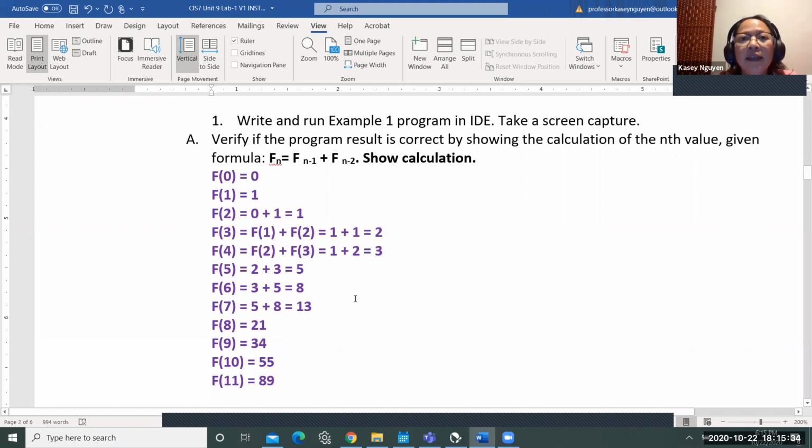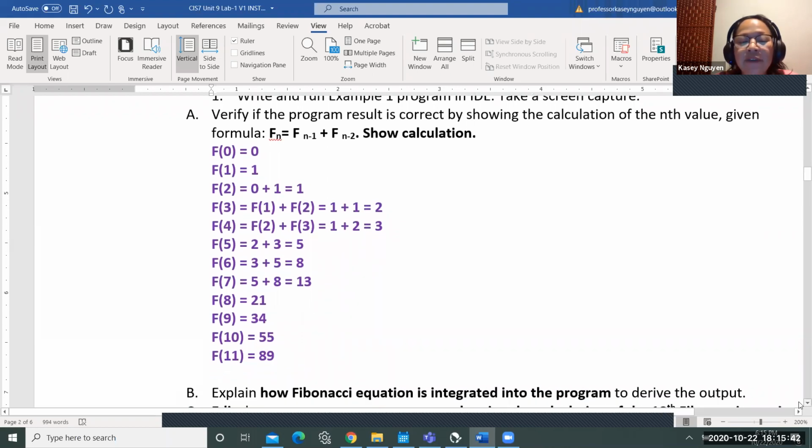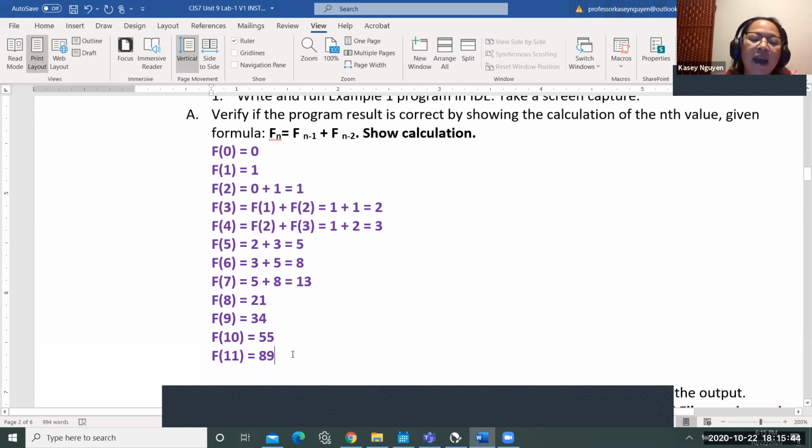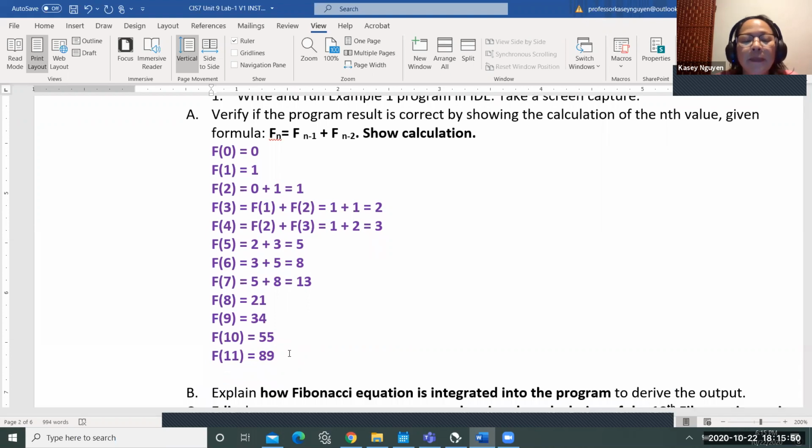How do we calculate that? So here we verify that at F11, we do have 89. Okay. Any question as far as the first part of exercise 1 or example 1?